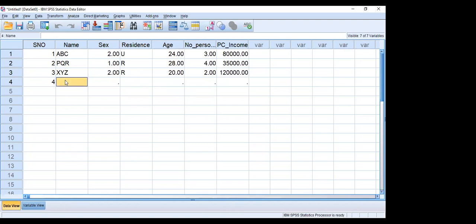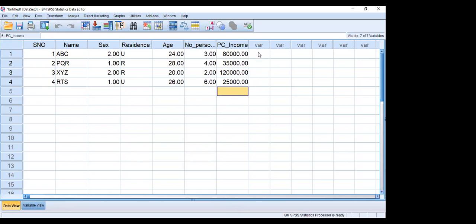Fourth person is say RTS, so sex is male, urban resident, age is say 26 years, number of persons is say 6, monthly income is say 25,000. So like this you can enter it.